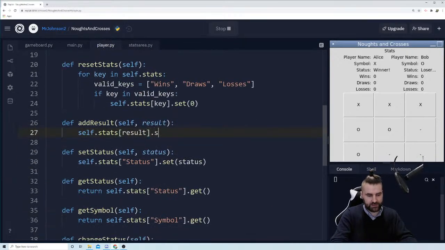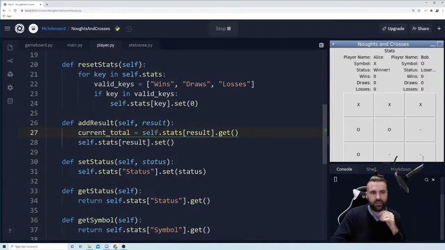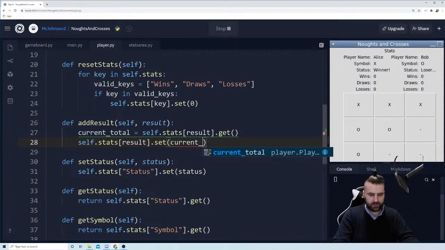We're going to say dot set, and I guess we need to get it first, don't we? Yeah, we need to get it. So we're going to say current total equals, and we're going to do self.stats result.get. So we're going to get that number. And then down here, we're going to say set to current total